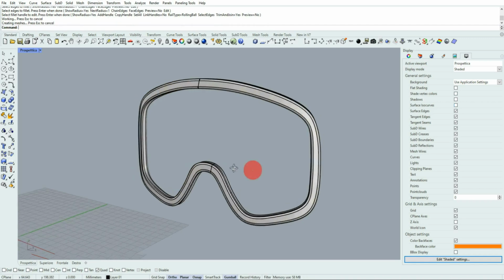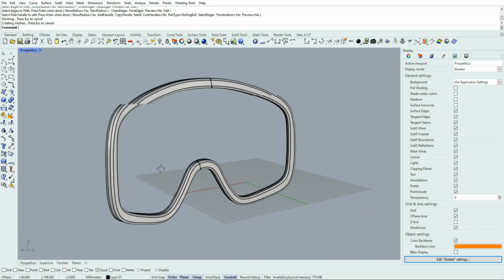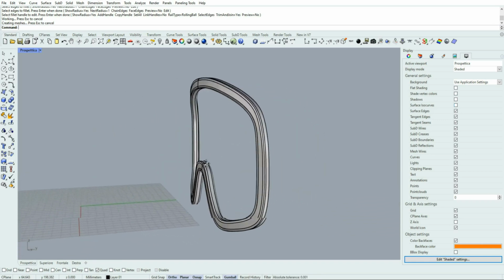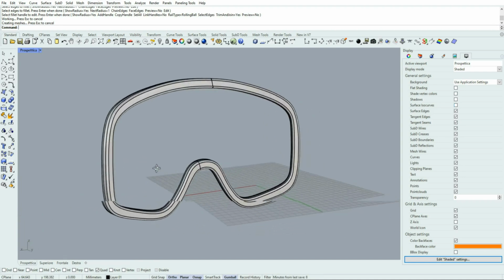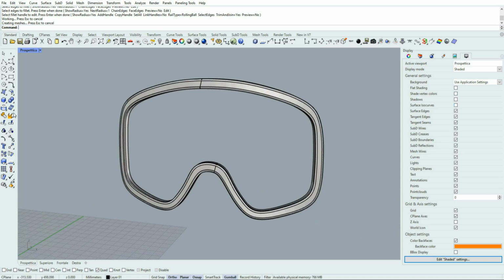Okay, so finally we got this result, which I liked. As we said at the beginning of this tutorial, this is a very concept object, very simple one.